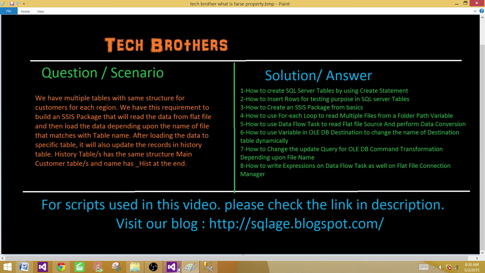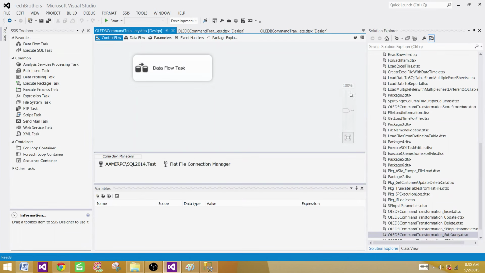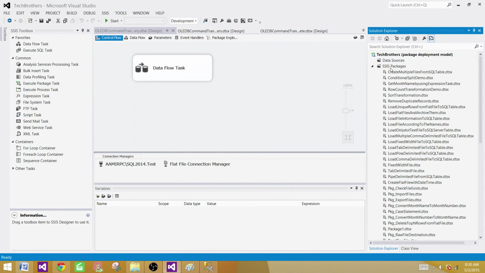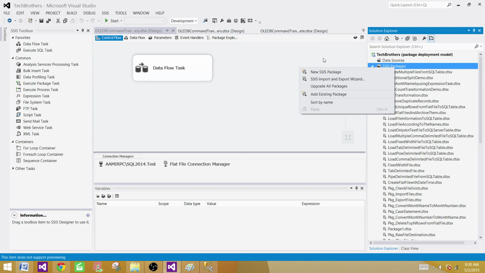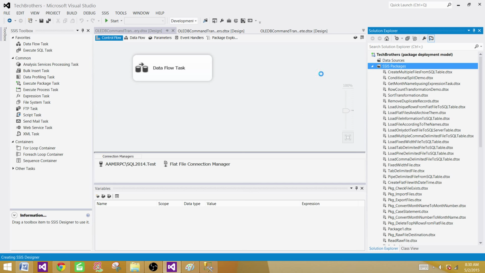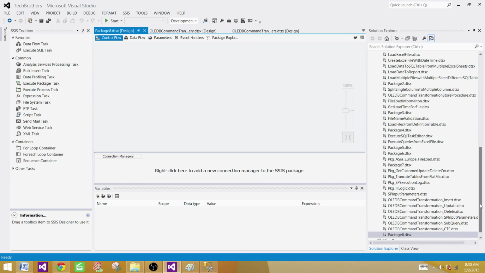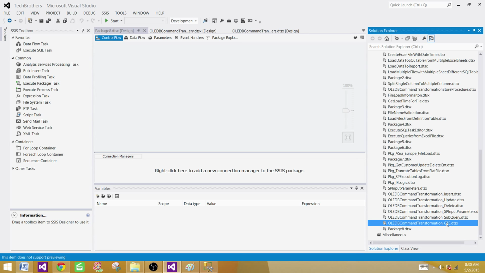So first of all, we will be creating an SSIS package. Let's create an SSIS package and do it step by step. You will open your solution. Then once you are in the solution, you will click here on SSIS packages and hit new SSIS package. This is going to create a new SSIS package with some name. We are going to copy the previous name and just change it. So we will paste it, Control V, and then we'll say dynamically